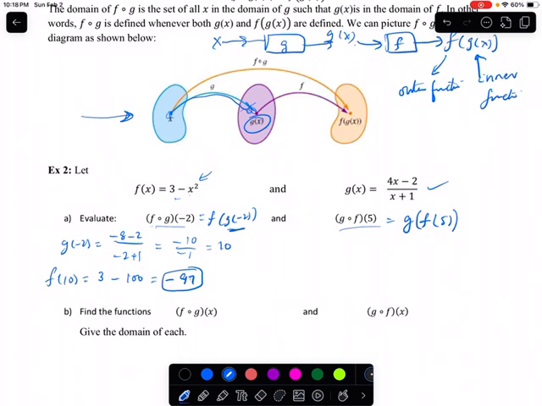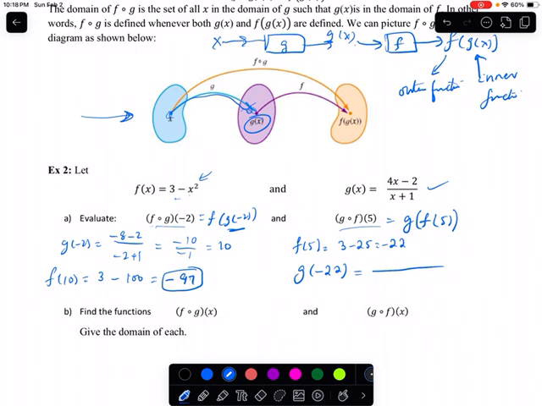So what is f of 5? f of 5 equals 3 minus 25, or negative 22. So I have now to find g of negative 22. So this will give me